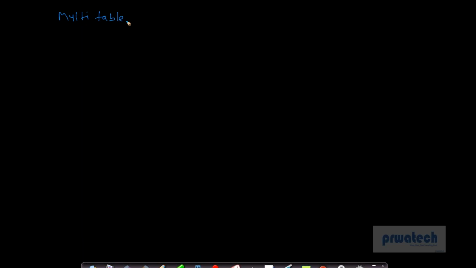Multi-table insert, which means we are inserting from one table to multiple tables. My source table will be one, so I'll have one source table,